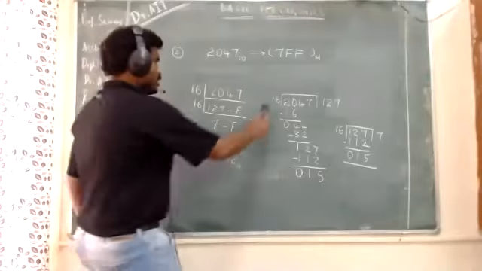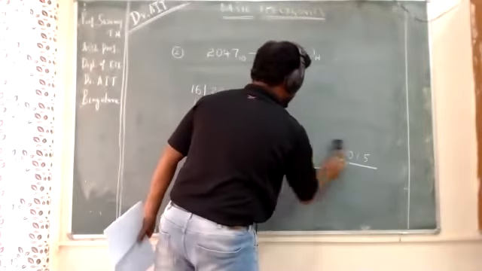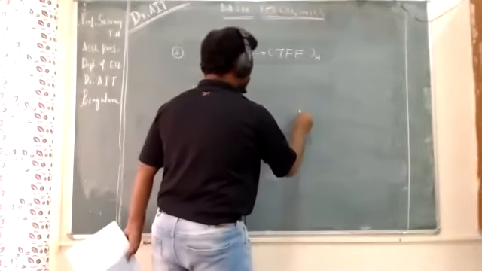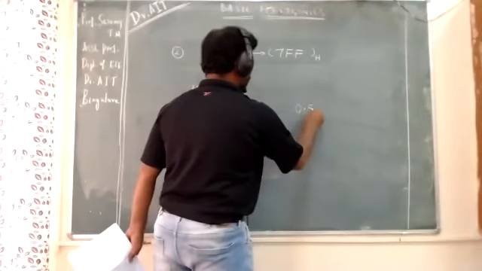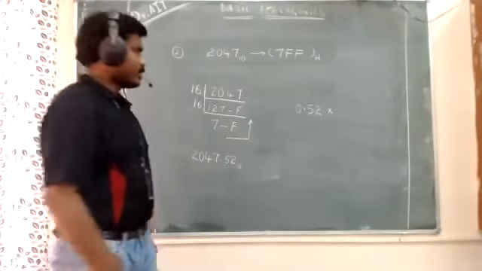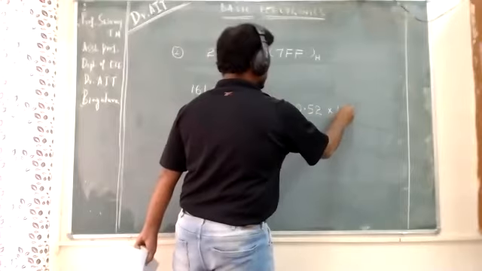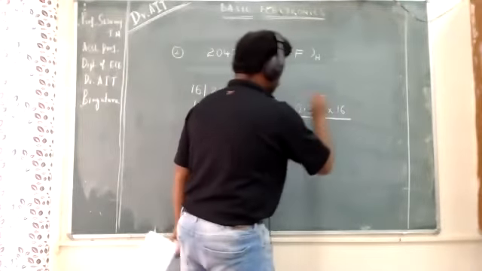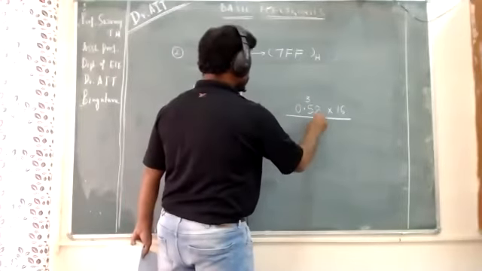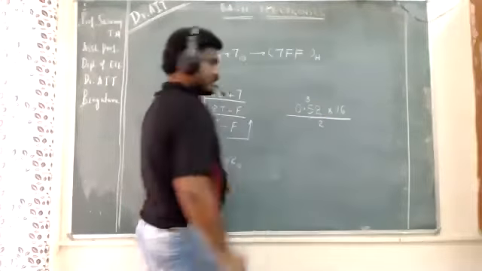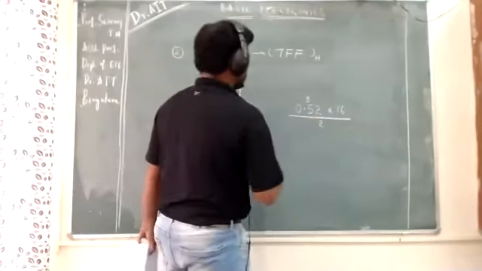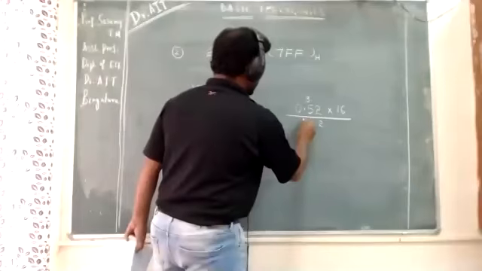So what is the procedure? The procedure is, after the decimal point, you have to multiply by the base. So I will take this 0.52, and this should be multiplied by the base. What is the base here? The base is 16. Okay, so now what is the product? The product is, you have 16 2s are 32, 16 5s are 80. So 80 plus 3 means you will get 83.